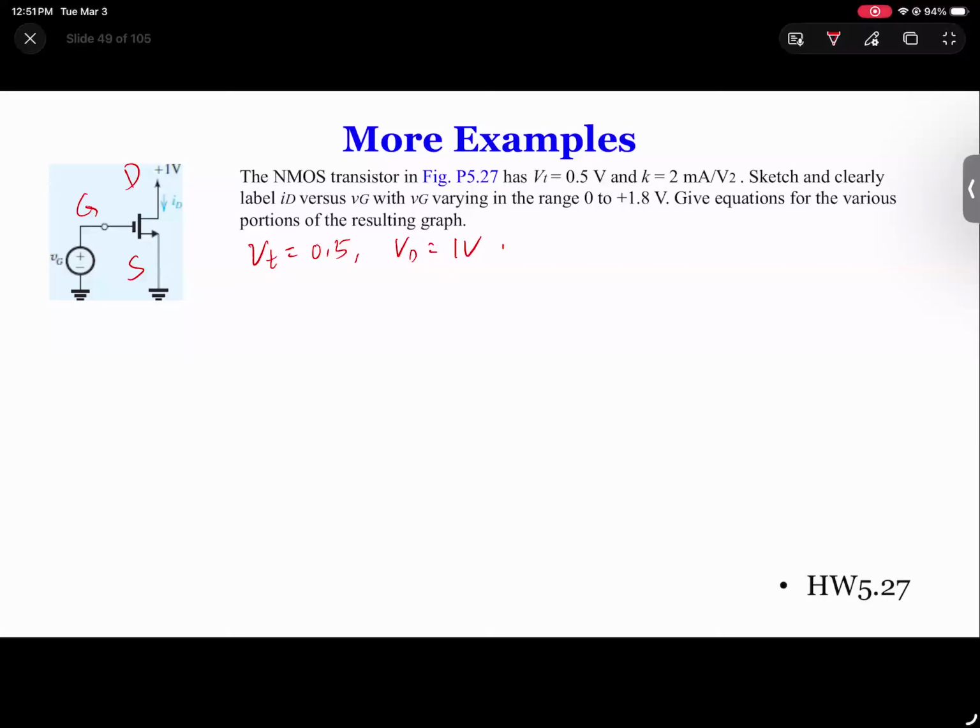So also K is given. So this K is, so K is the total of Kn prime. K without a prime, that's what it means. And they want you to sketch ID with VG varying from 0 to 1.8 and give equations for the various portions of the graph. Okay. So basically,